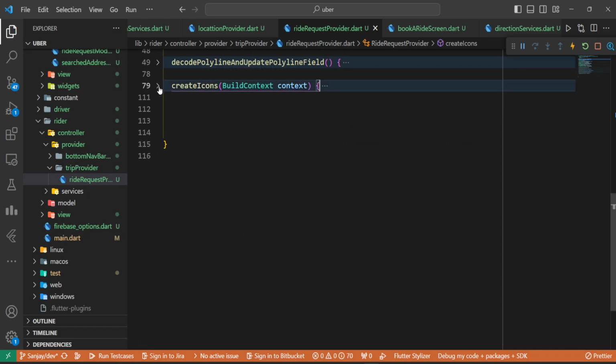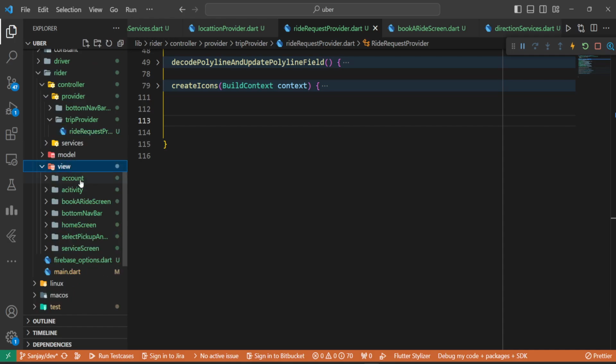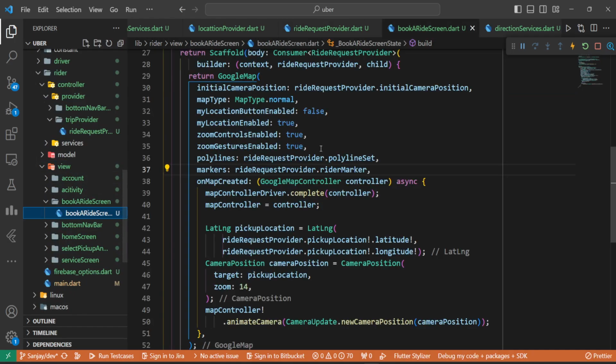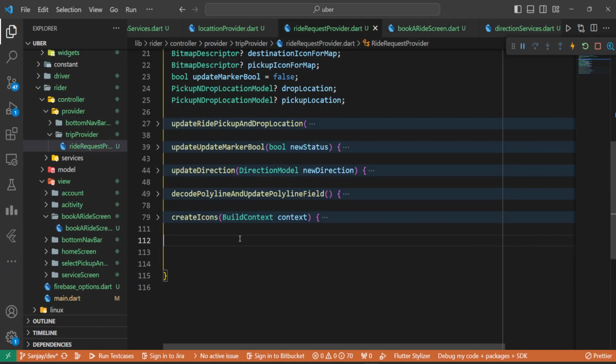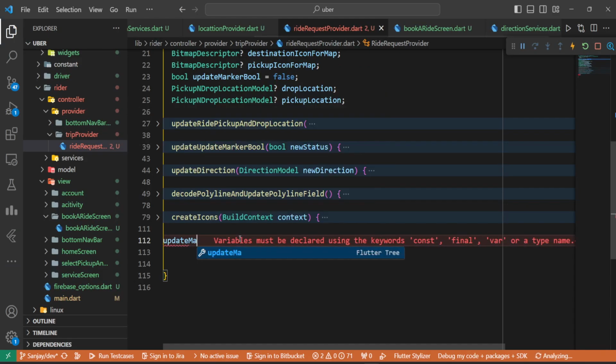Now it's time that we create markers. So before we create markers, we will go to the screen, that is book a ride screen, and here animate camera. Here let's take a look onto the camera position, and its pickup location. So it's ride request provider, pickup location, latitude. Yeah, it's good. Here we will create a function that is going to be update marker,